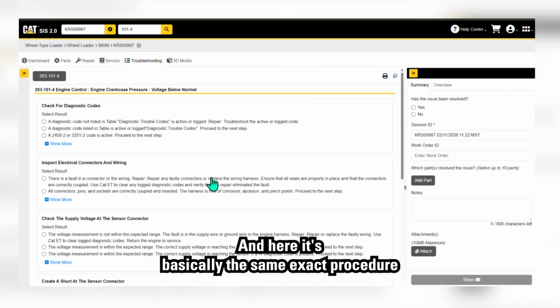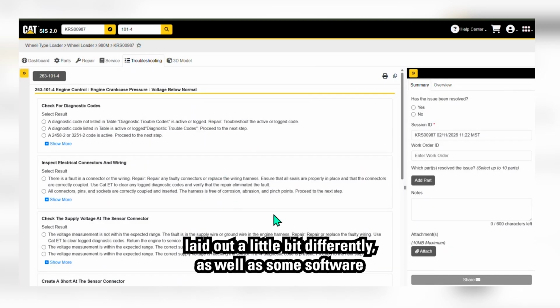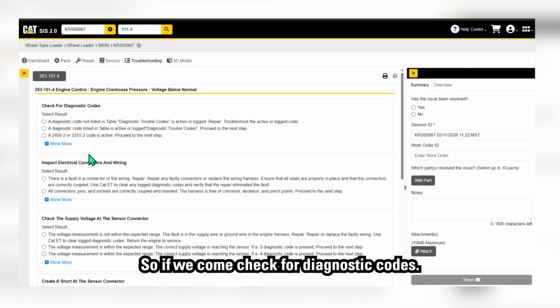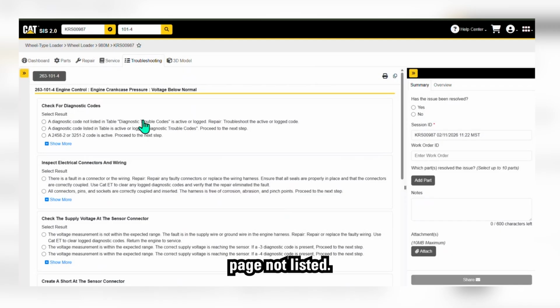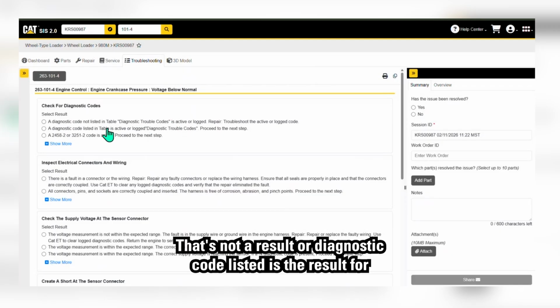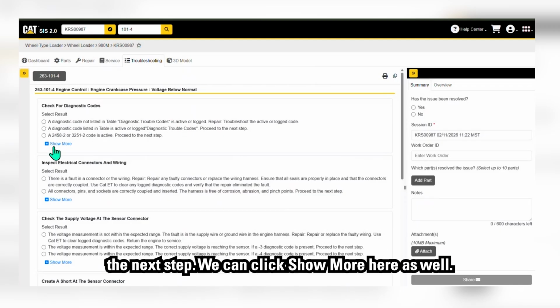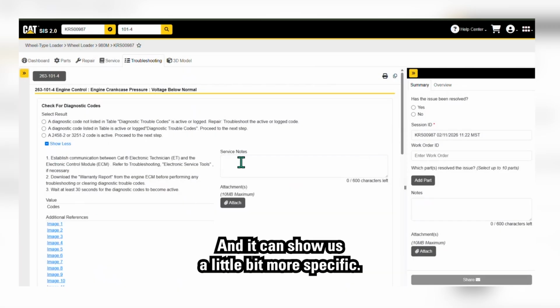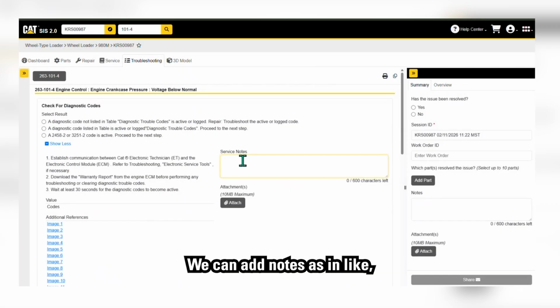And here, it's basically the same exact procedure, laid out a little bit differently, as well as some software that's working in the background to try and help guide your steps properly. So if we come to check for diagnostic codes, diagnostic code not listed, that's not our result. Diagnostic code listed is the result. Proceed to next step. We can click Show More here as well, and it can show us a little bit more specific. We can add notes,